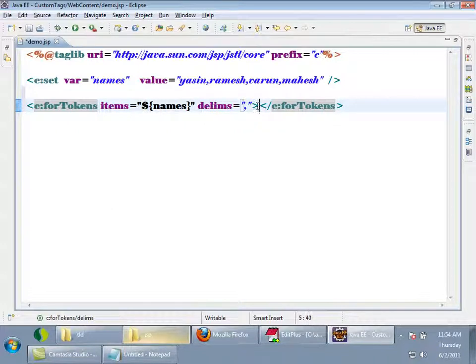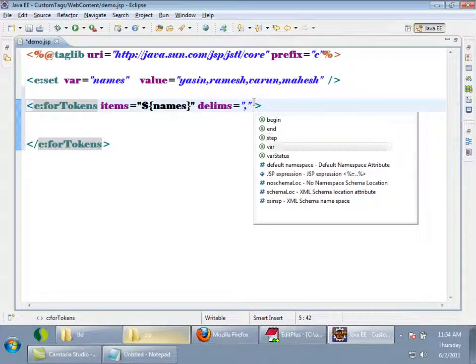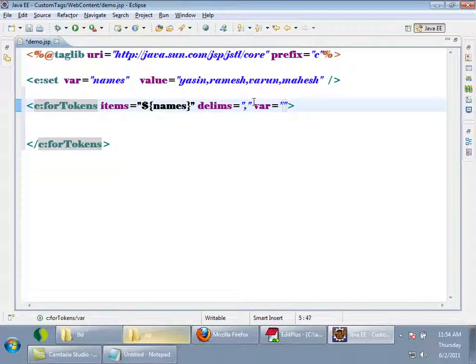Comma, right? And here you have var is equal to, I'll say name. Now what this will do is it will tokenize this names string by using this delimiter. There are 4 tokens now.